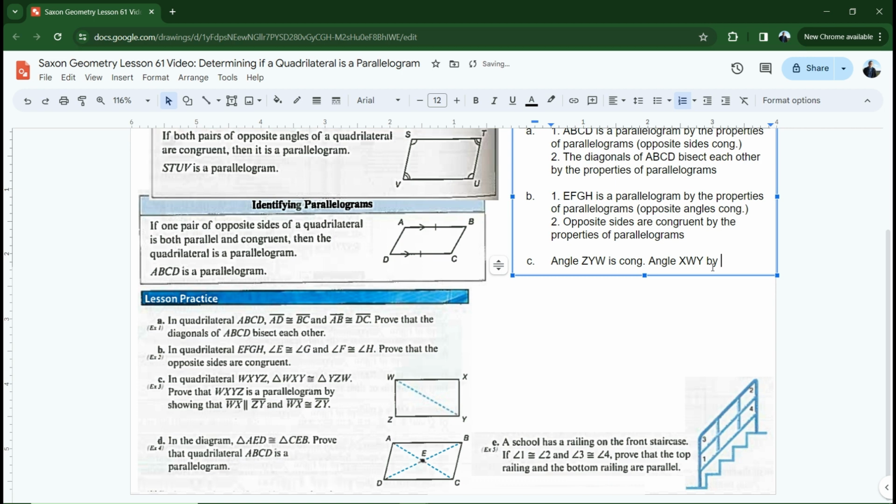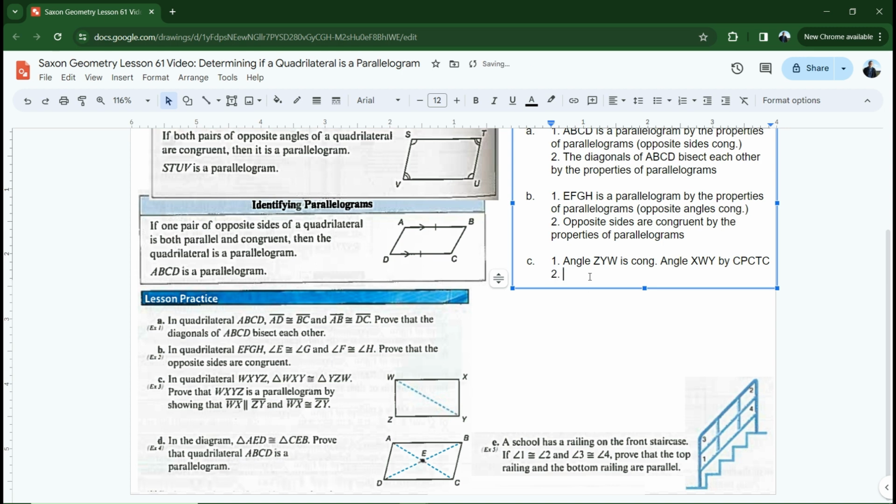So this is by CPCTC. Those are corresponding parts. This angle Y here and this angle W are corresponding parts of congruent triangles. So they have to be congruent to each other. But wait a second. If I've proven that, oh, and that should be number one here. Okay. And then number two,